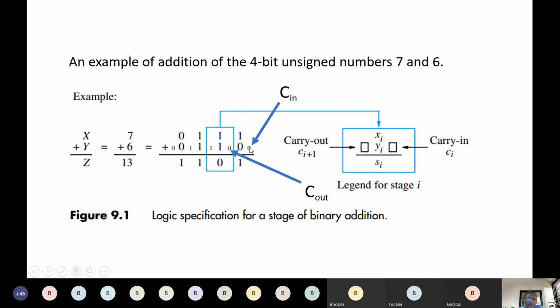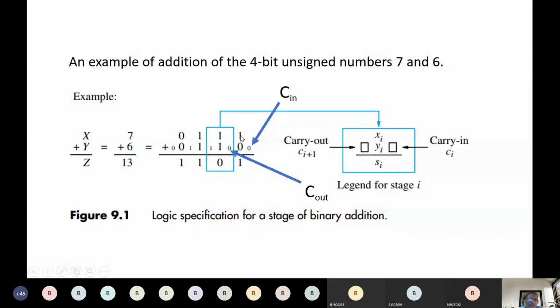So you can see we are trying to add 1 and 0 here. We have the output as 1. And remember, by default we are taking some carry in. C in means carry in. So here by default carry in is 0 because at the start we don't have any carry. So by default we will take it as 0. Every time at the start carry in will be 0. Later when we are adding 1 and 0, we have 1 here, we don't have a carry. So obviously the carry out from here will be 0. After adding these two, 1 and 0, we don't have a carry out, right? So by default it will be 0.